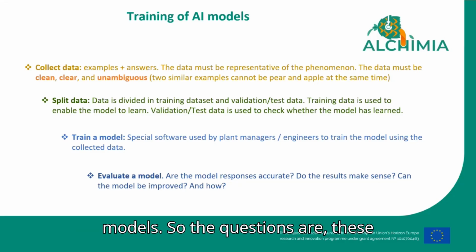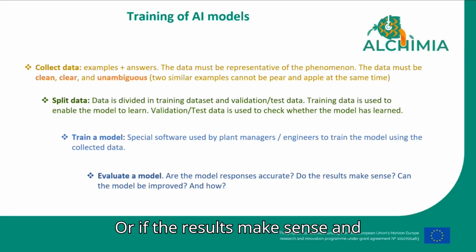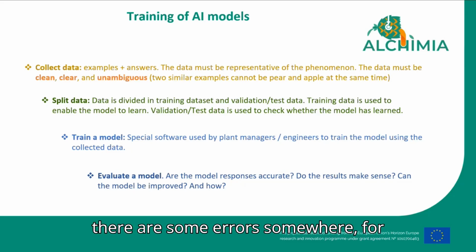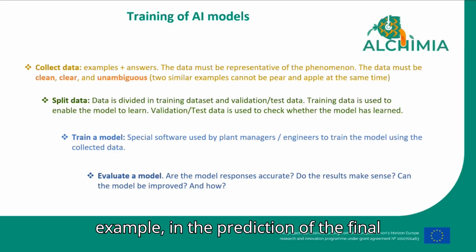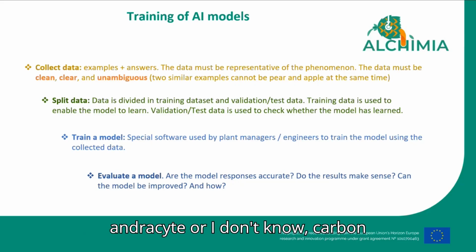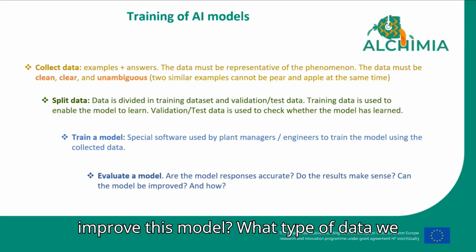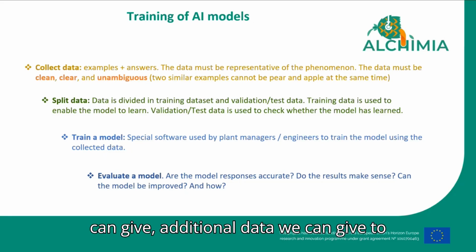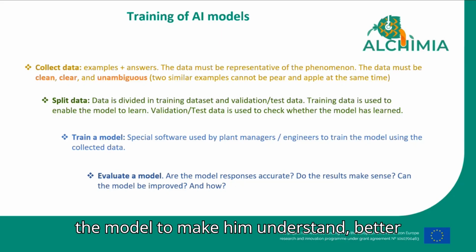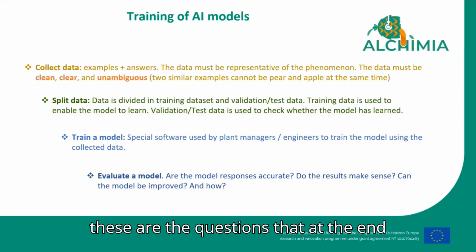So the questions are: are these models accurate enough for our specific application? Do the results make sense? Or, if the results make sense and there are some errors somewhere, for example in the prediction of the final carbon content as a function of how much anthracite or carbon we added in the ladle furnace, how can we improve this model? What additional data can we give the model to make it better understand the physical behavior? Well, these are the questions that at the end you are going